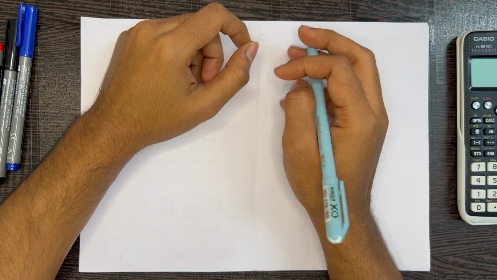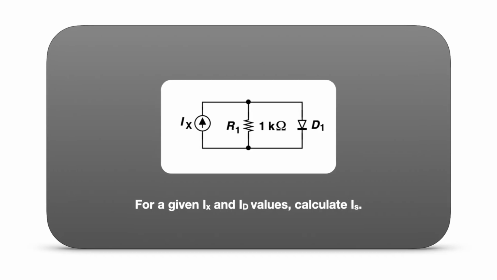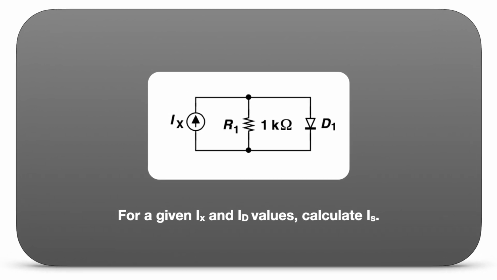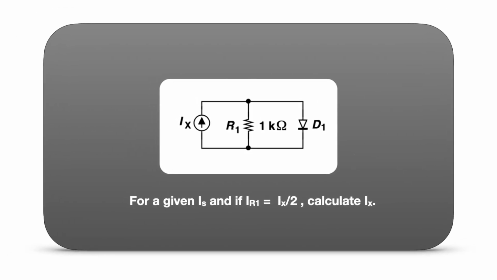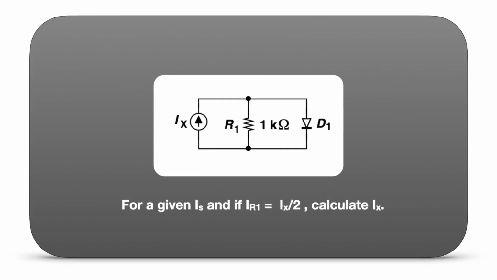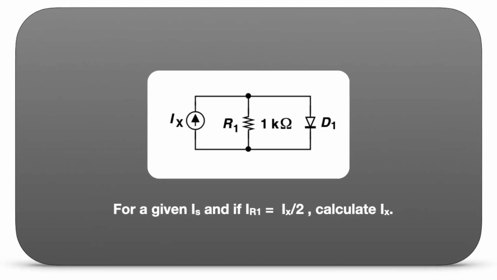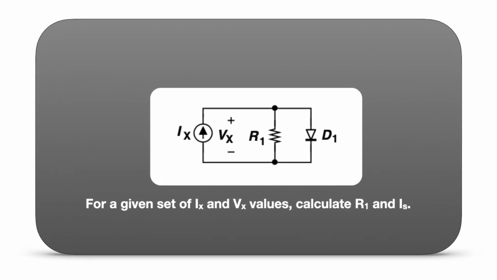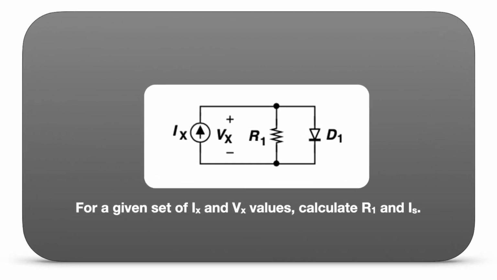In the next 10 to 15 minutes, I'm going to explain how to calculate the saturation current for this kind of circuit if the supply current and the diode current is given. And also, we'll see if R1 carries a current equal to Ix by 2 for a given saturation current, how to find out the supply current. Next, we determine the resistance and saturation current for this circuit